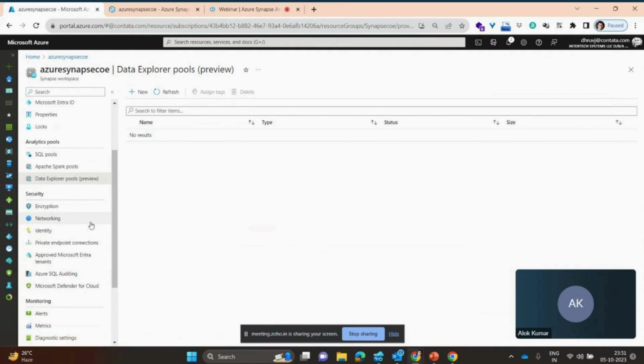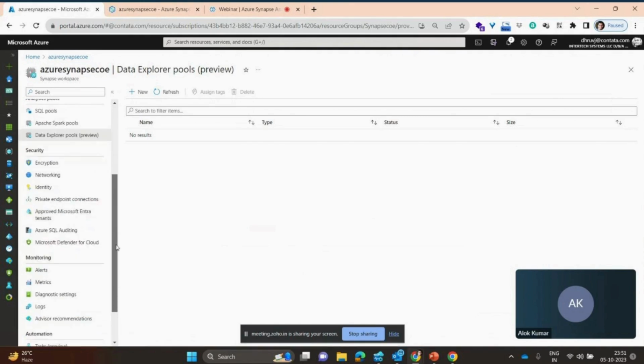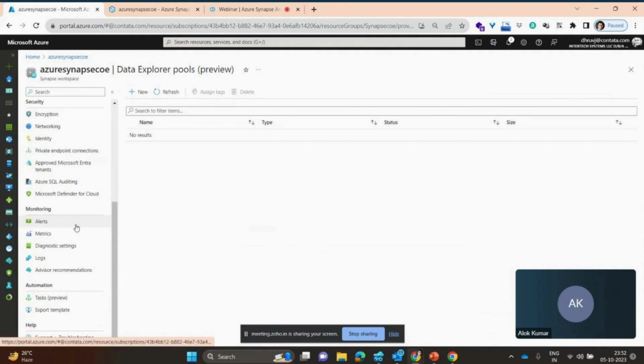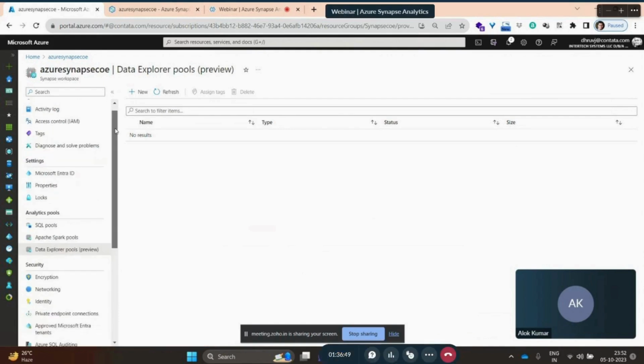You can control the networking over here. You can decide which endpoint should be able to connect to it. And you have all the basic Azure alerts features over here. You can monitor and set up alerts for different things, or decide what metric should be bubbled out for alerts. Look at the logs and look at the SQL advisor, Azure advisor recommendations around security and other things. You can add Power Platform automation using tasks and even export out a template. I'm not going to do much more, and I'm going to quickly come back here